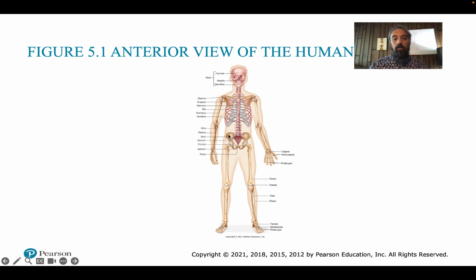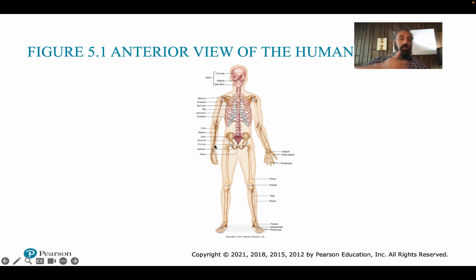You have the os coxa, or the coxal bones, which are these two pelvic bones, and they're made up of a variety of different parts, 3 different bones specifically: the ilium, the ischium, and the pubis. Pubis is in the front, ischium is in the back, and the ilium is the big wings. Your appendicular skeleton also continues to have the clavicle, which is your collarbone, your scapula, your shoulder bones, your humerus,